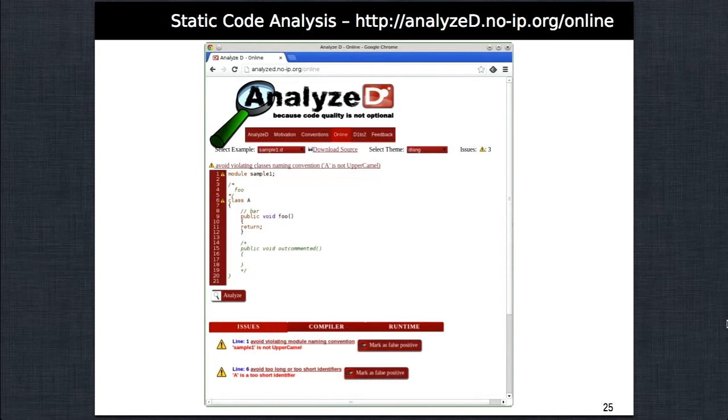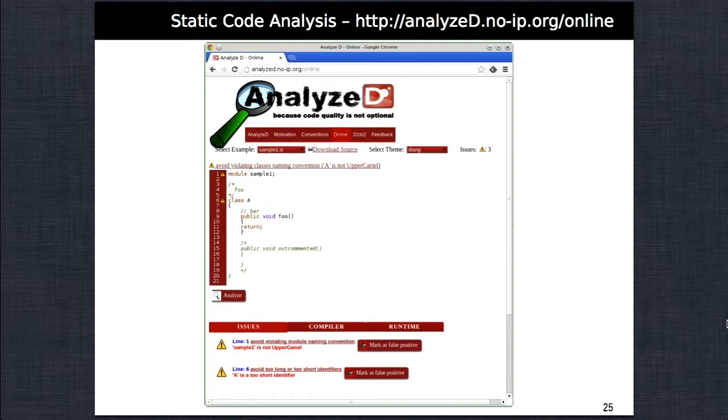To make it easier for the developer to use, even for new developers, we established a page. We just have seen dpaste, and dpaste was quite cool. You insert just code, you compile it, and you can see the runtime. You can give standard in something, you can get the standard out, and we are also using this. That means you can insert here your code base. You press analyze, and you then get at the line where you violate something, or when you violate in the module, then you get at the top the violations you have in the code.